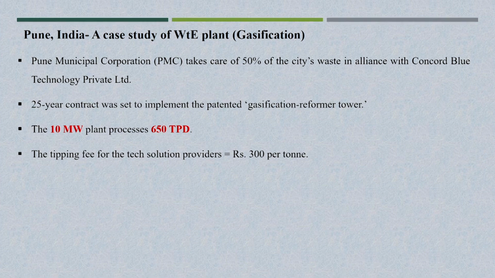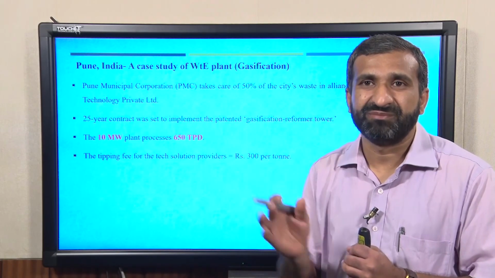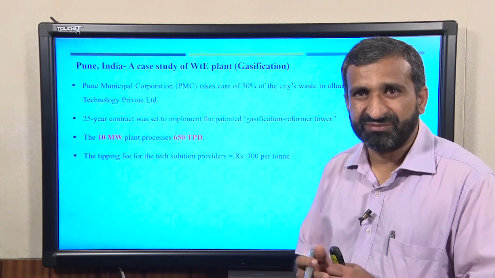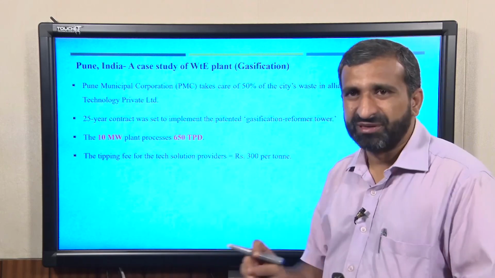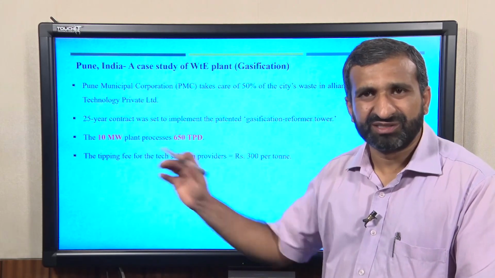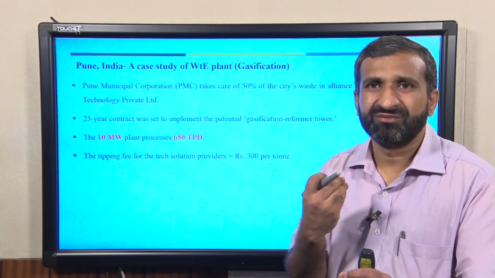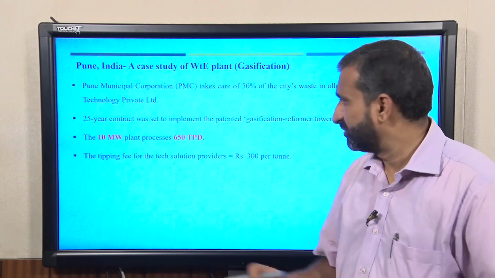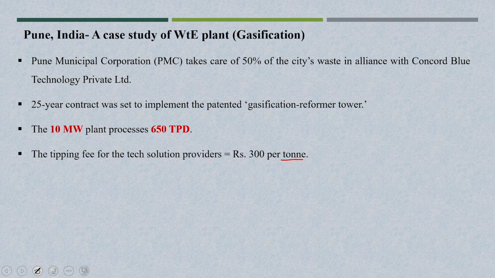About the tipping fee, I have another module, I think your last module, on financing and PPP, where I will talk about it. Now, here just one point I want to share for this lecture. The tipping fee is that when a private company is collecting the waste and treating it, the local authority gives payment against the amount they collect. That is called a tipping fee. So, for 1 ton of waste it is 300 rupees. Remember that for 650 tons per day, a huge amount of money has to be paid to